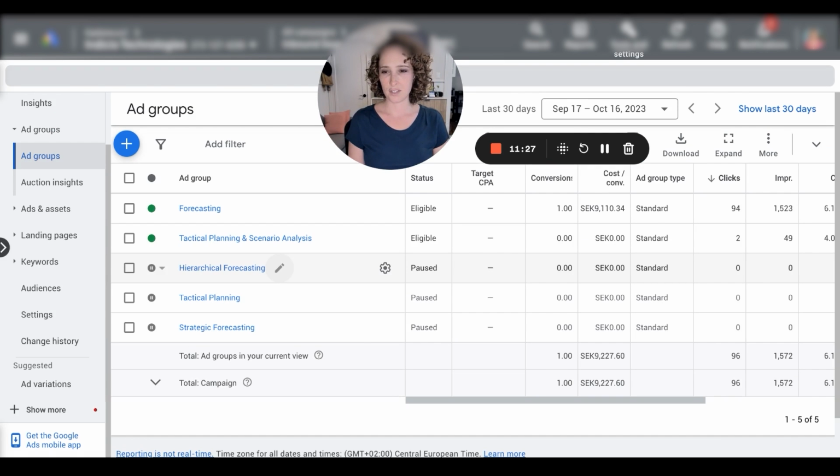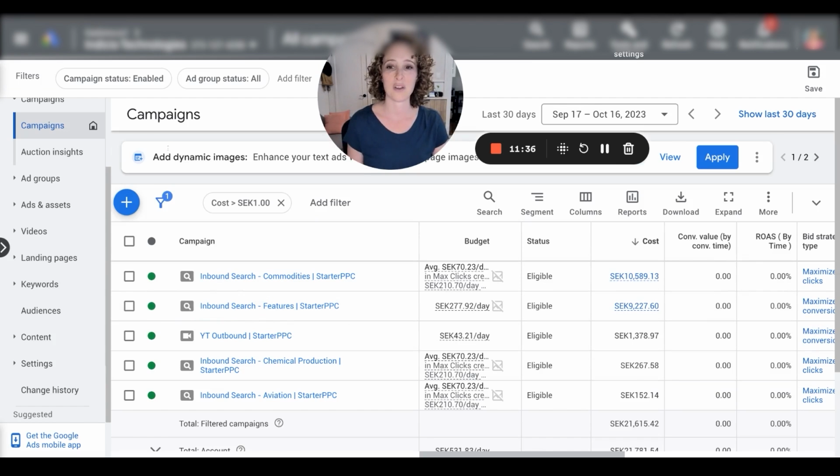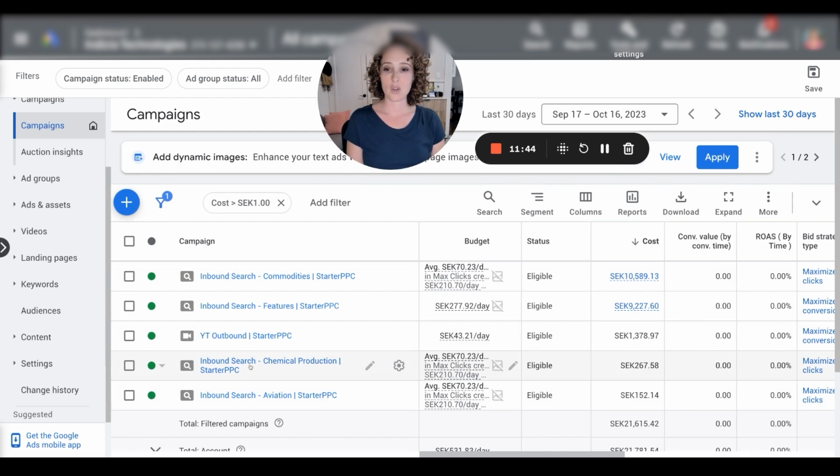So this campaign has 2 landing pages, one for just general forecasting, one for tactical planning and scenario analysis. So we're trying to create landing pages around different keywords and then different industries. If someone's searching for forecasting for the chemical industry, for example. And even though we didn't really look through these search terms, it is getting